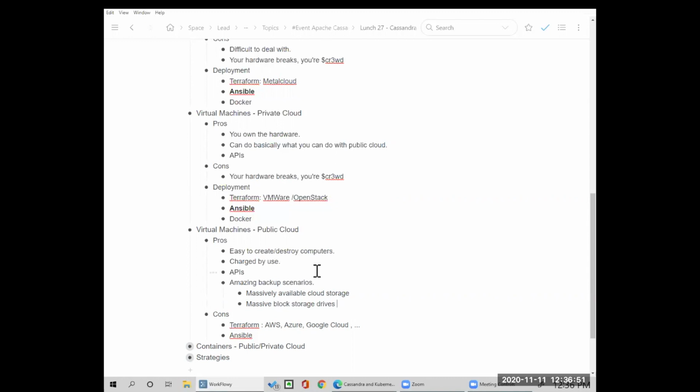And in Cassandra, that's actually the fastest way to recover a cluster. You could lose all of your hardware, but if you're using, let's say, EBS volumes on Amazon and you've snapshotted them, you could restore those EBS volumes with new computers, with new IP addresses, and just go to the configuration in the JVM options and say, I want to replace this old IP address with this new one, and the cluster will come up and it will work exactly the same way it did minutes before you lost the hardware.